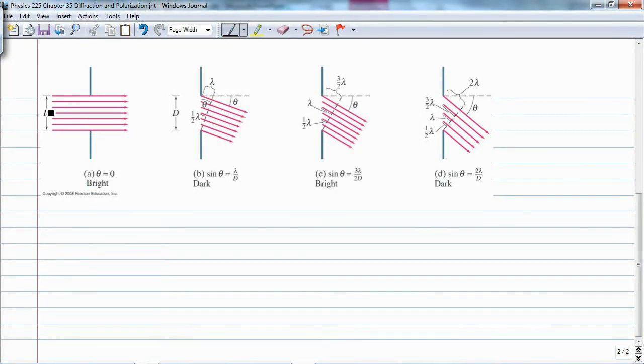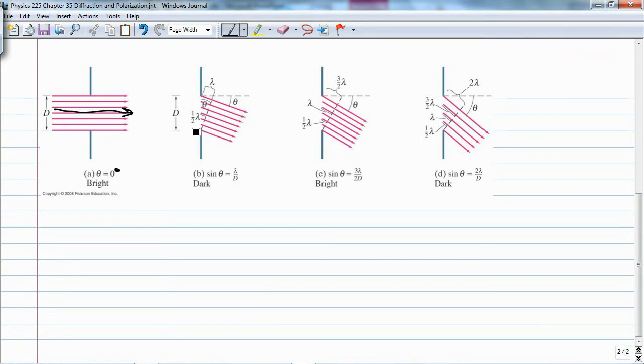When the rays go directly through the slit, you get a very bright spot. It happens at theta equals 0 degrees. And this band is going to be very, very large. Because it's very large, it's going to end up shifting our dark and bright spots from this point on. Here we have a case where at an angle, you have half a wavelength in the center and a wavelength at the top. It's the center that we're interested in, but it's this wavelength here that we'll have to deal with in the calculation. And so our dark spot happens when sine of theta is equal to lambda divided by